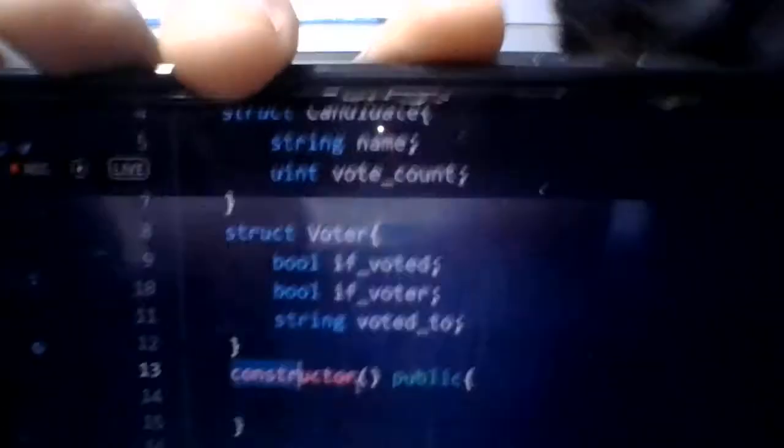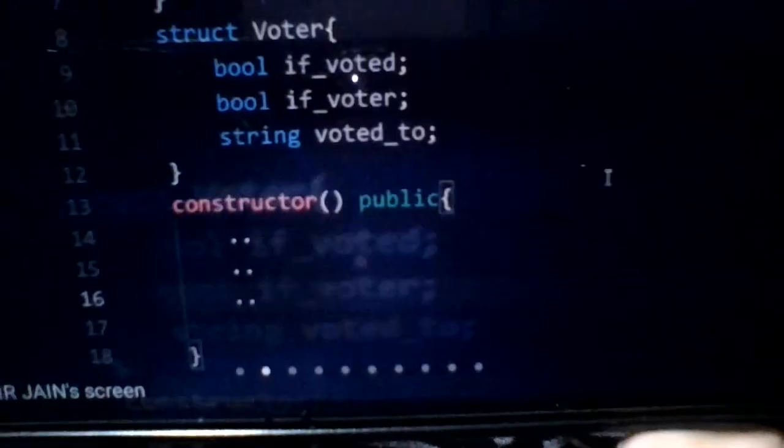It has the highest priority. It is called upon the deployment of this contract. So when we deploy this voting contract, this constructor will be called, and whatever operations we define inside it will be done first. The compiler will run these operations first.